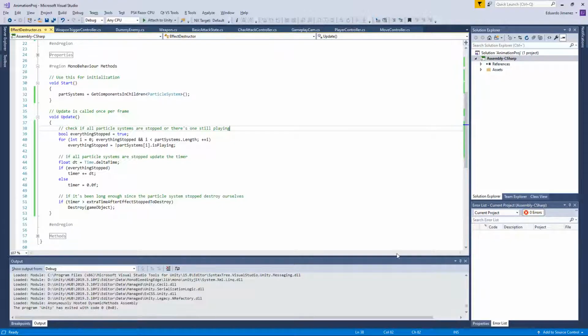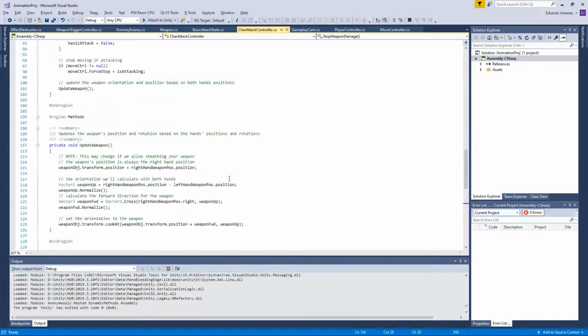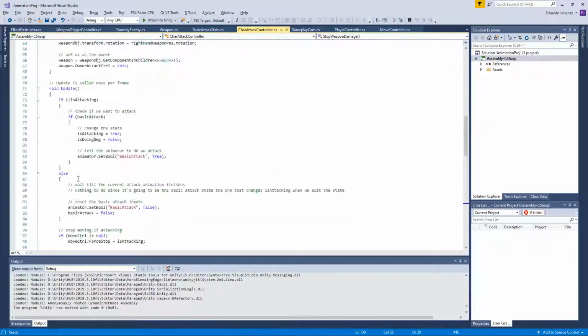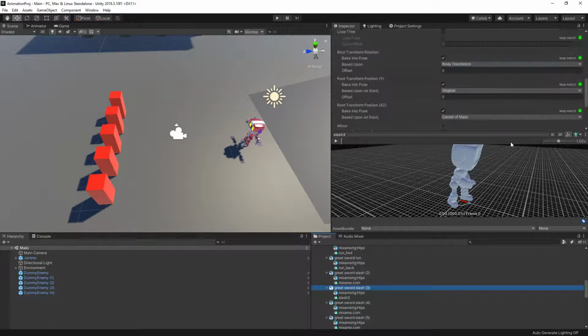And the problem is the code is not prepared to do that. Right now we're setting basic attack to false, but what we could do is accept basic attack if we're in the part where we're doing damage, which we need to define for the other one too, for the slash 3 animation. So yeah,